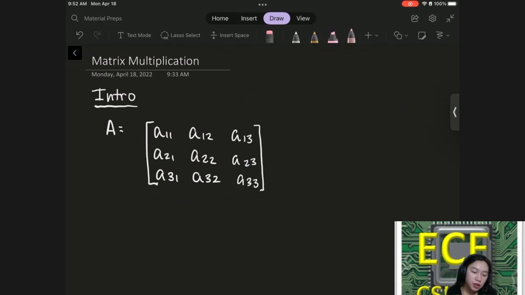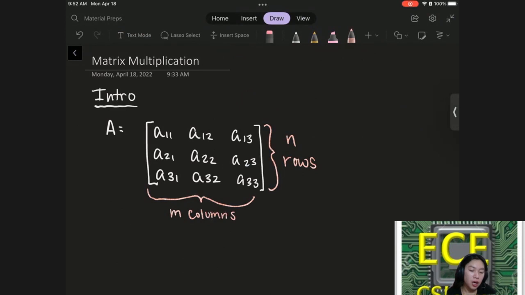Okay. Now, I'm going to call this length here n, and this is the rows. And this length right here is m, and this is the columns. And so I would describe this as an n by m matrix. Okay. And so when you describe the dimensions of a matrix, you always write the row first and then